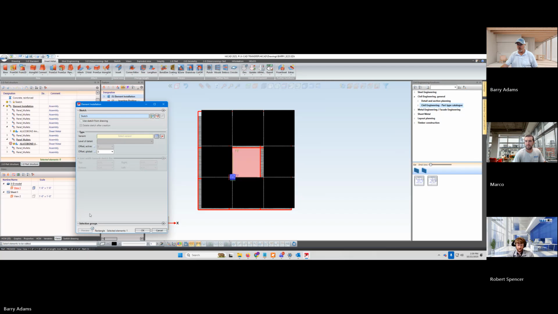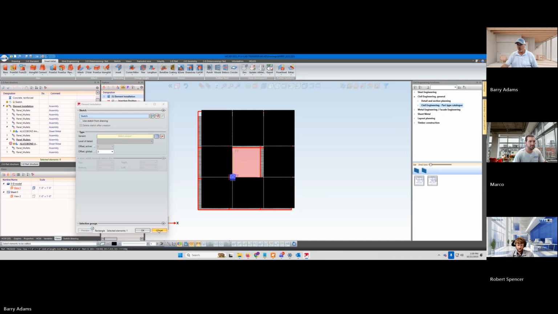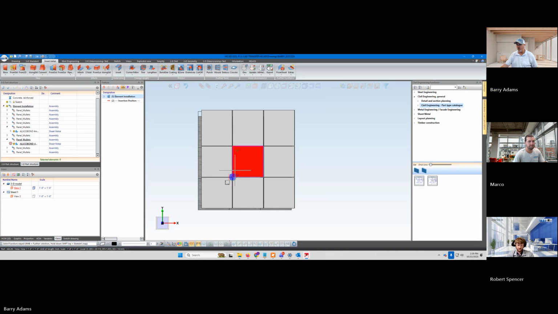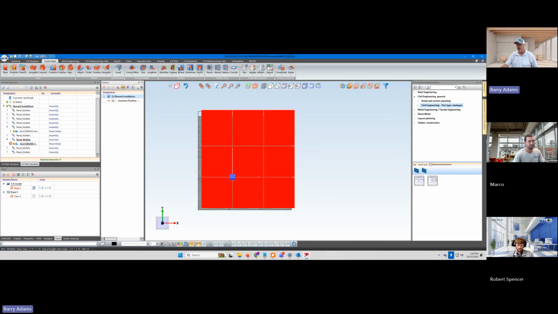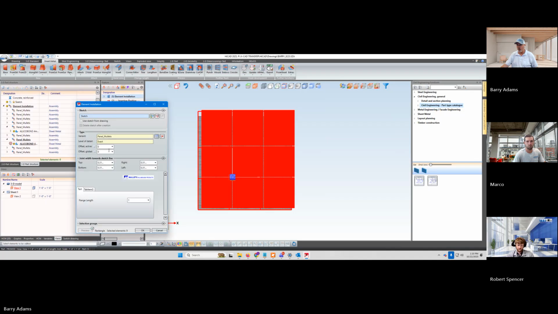Did I offset it somehow? It looks like my panels are embedded in the concrete. I wonder if, let me cancel this. I wonder if when I first went in there to do these changes, I thought maybe that might have, no. No, because an offset is going to hold the square,